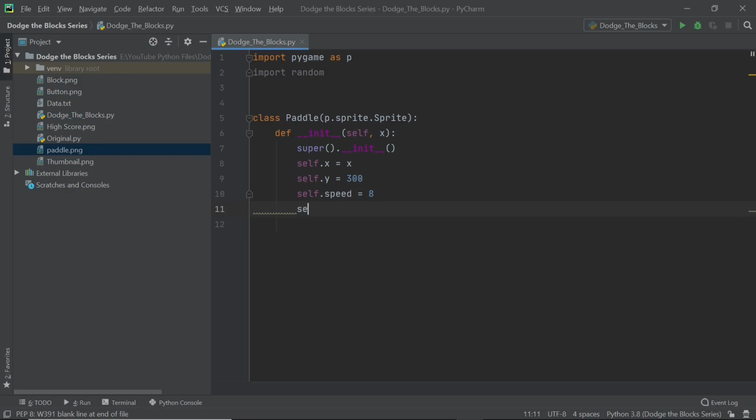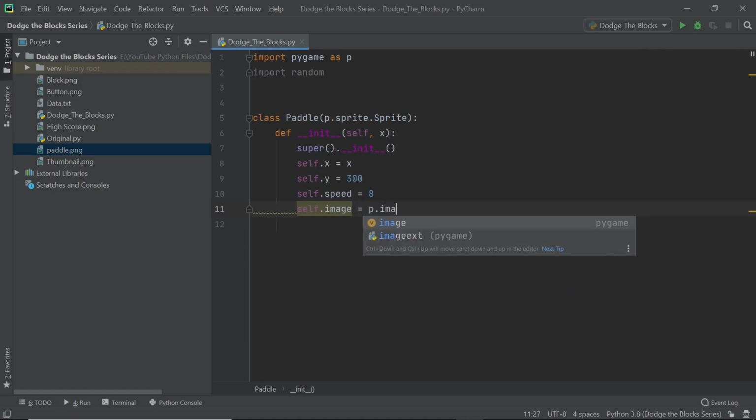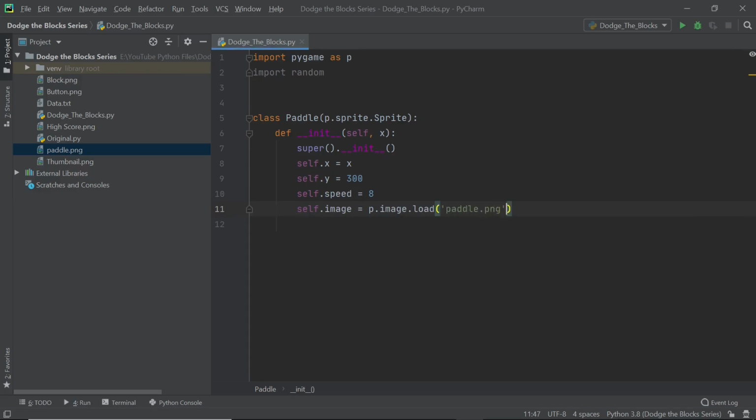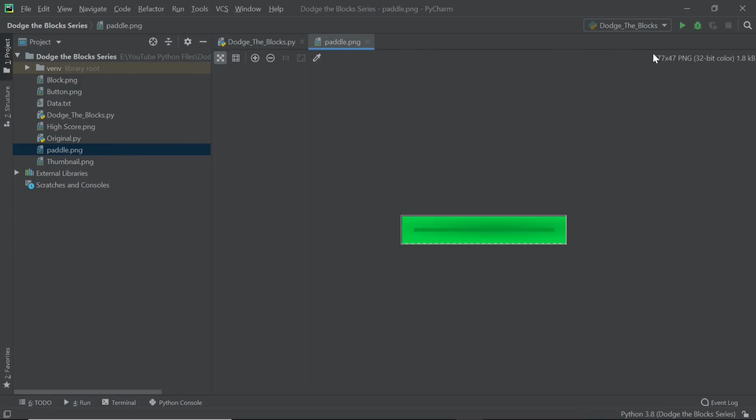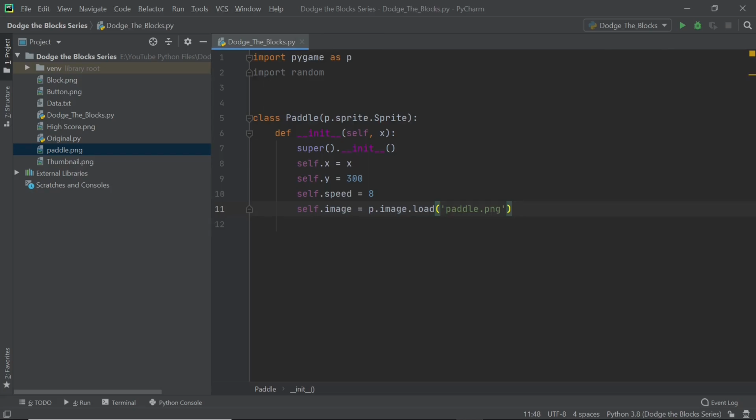If we want to load that, you can just type in self.image is equal to p.image.load, and you can just type in the string name right here. So just type in paddle.png, and that's the way you do it. You probably know that this paddle is too scaled up, and you can see here that it's pretty humongous. So we also need to rescale this paddle, which I will do in a second. I'll just type in self.image here. But as of now, I'm just going to leave that and move on to the next line of code. I'll come back to that in a second.